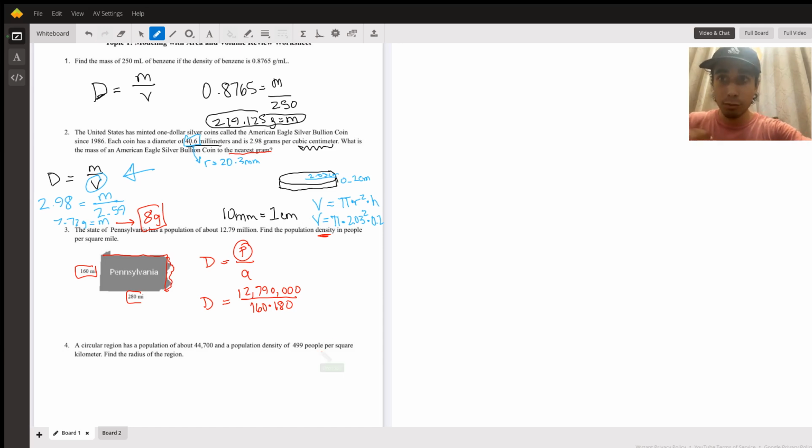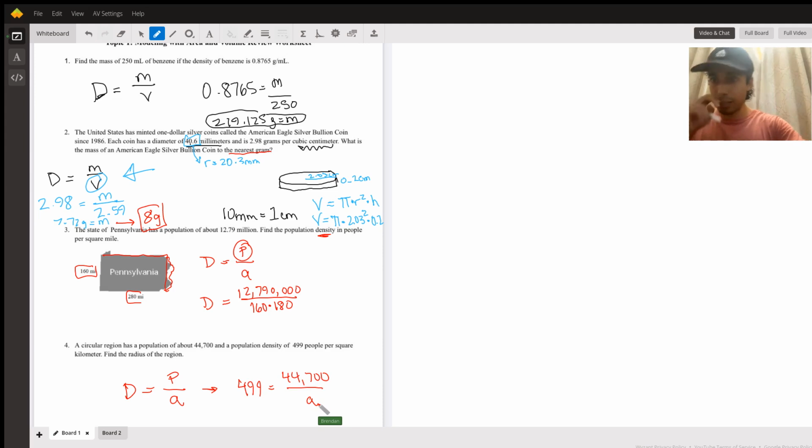All right, number 4. Okay, for number 4, what you want to do, go ahead and check the previous video. I believe it was the video from yesterday, the video from Monday. We had problems that were very similar to this, where we were given a circular region, right? And we're going to use that formula. We've got density equals the population over area, right? So that gives us the density, 499, equals the population